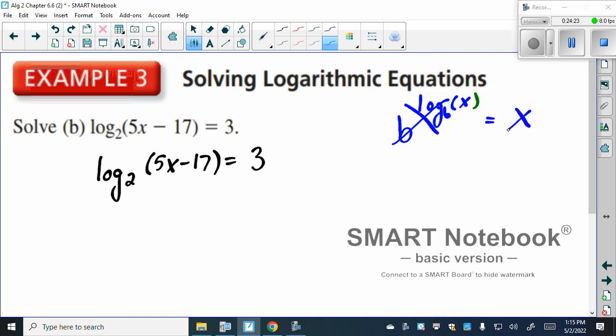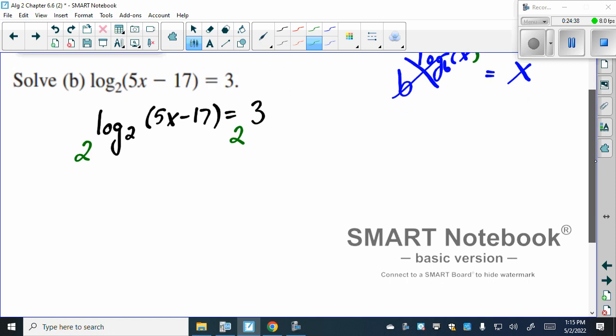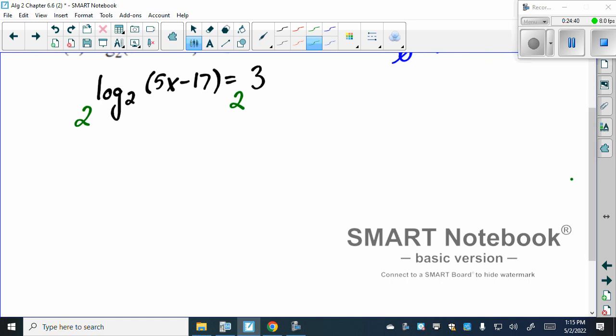So if we put both sides to the same base whenever we're dealing with logarithms, it'll simplify the logarithm out. So for this here, we can put both of these to the base of 2. Because 2 to the log base 2 of 5x minus 17, this part here will simplify out, leaving us with